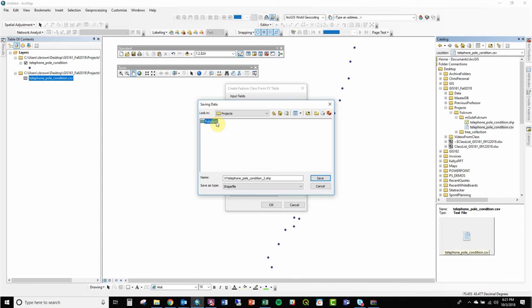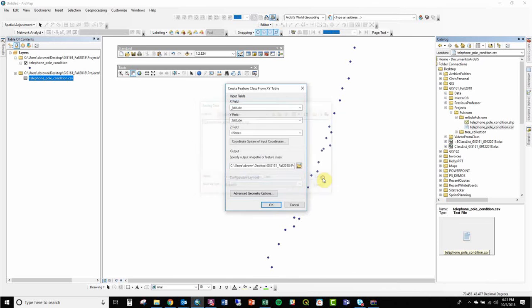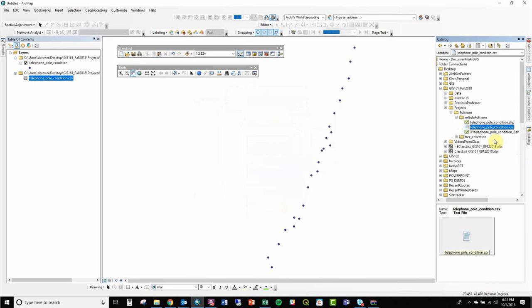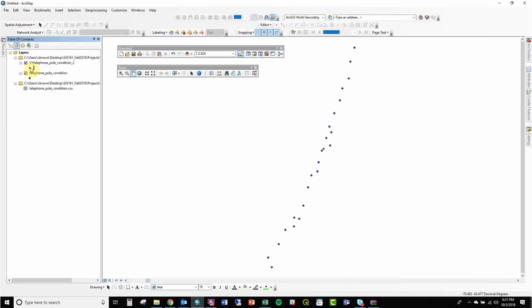Projects, Fulcrum. And then it's just going to be named this, but I could name it something else if I wanted to. And then what I made at that time, it put it here. And you can see